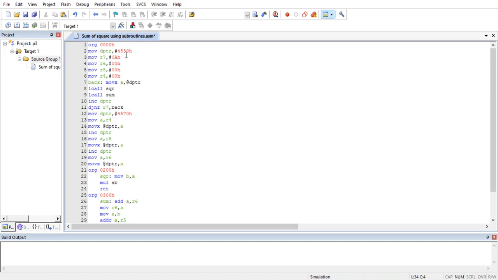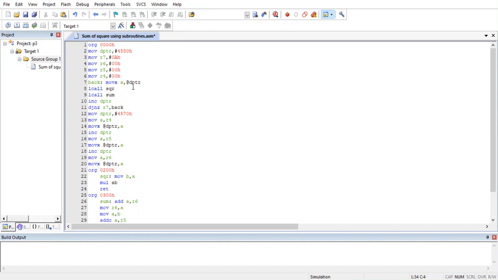First we have moved the data from 45, an immediate data 4550 with the hash, to DPTR. R7 gets the value 0A because we need to run the loop for 10 times. R6, R5, R4 are initialized as 00 because they'll carry the sum by the end of the program.